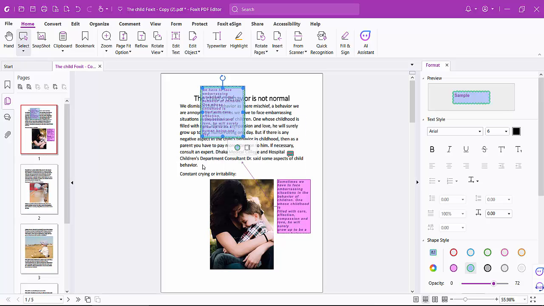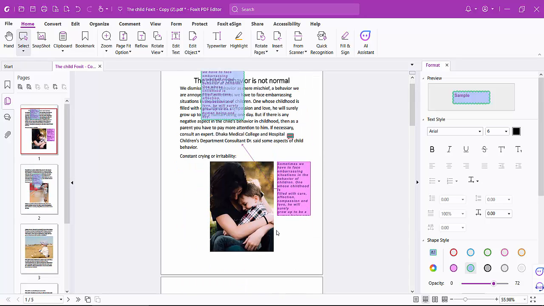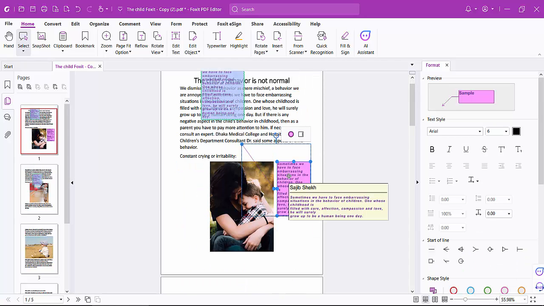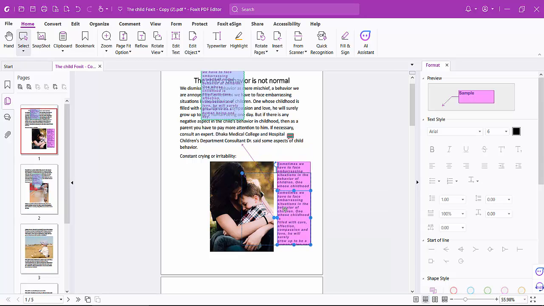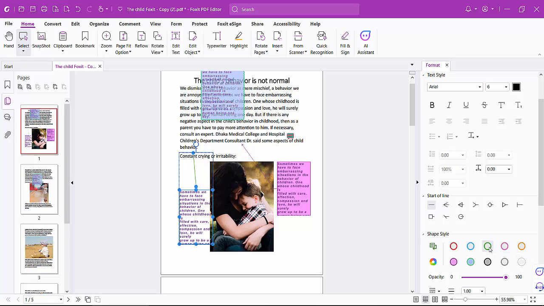Now press Ctrl V on your keyboard and paste this comment box. Now it's copied, you can put this anywhere and move it. Also, I copy this comment box: press Ctrl C on your keyboard and press Ctrl V and paste this comment box. Now it's copied, and here you can see this comment box color